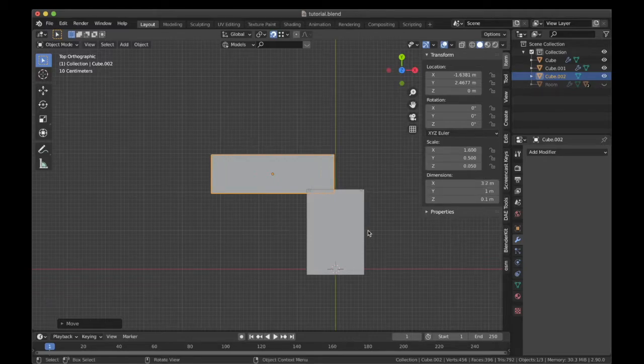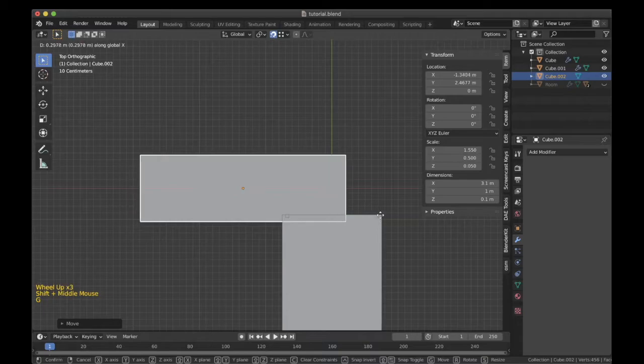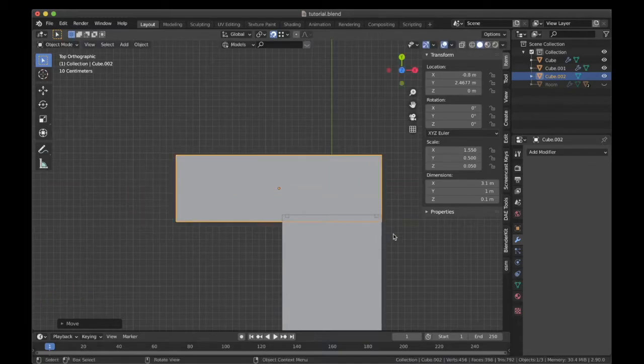So 1.5 is the basic dimension of this step, and then the other side of this will also have a basic dimension of 1.5, which will add up to 3 meters, and in between there is some space, as you must have observed. So that will come around to 0.1 or 0.2 meter. I can also change that to 3.1. So the landing would have a complete width of 3.1 meter. Now I will move it along this axis and snap it to this.